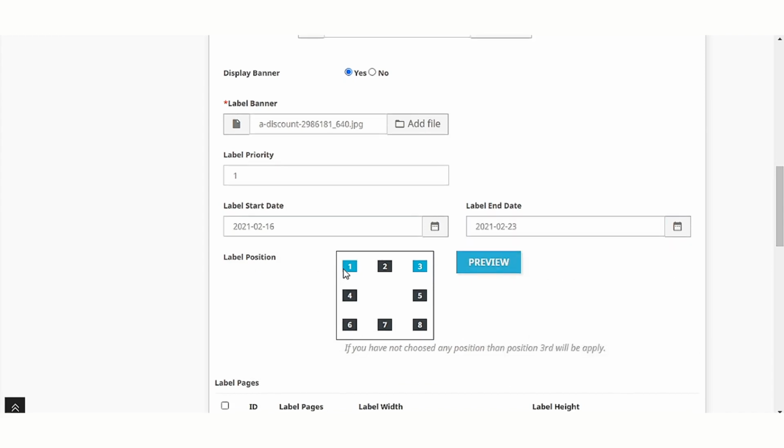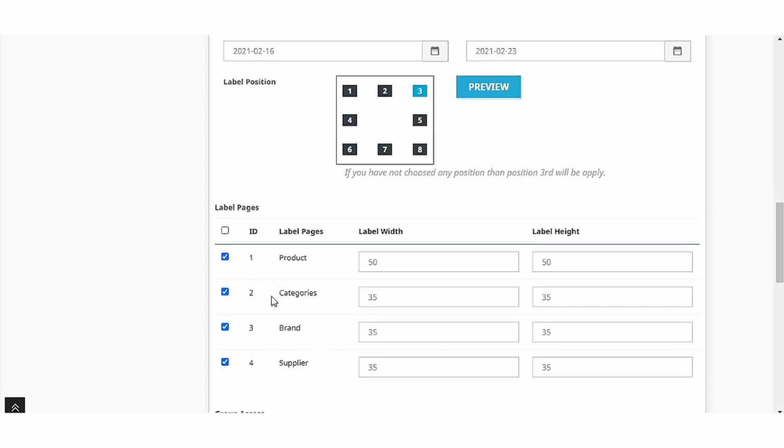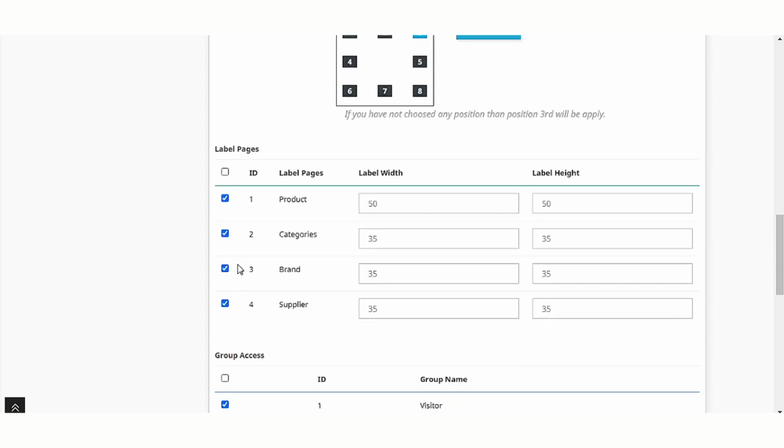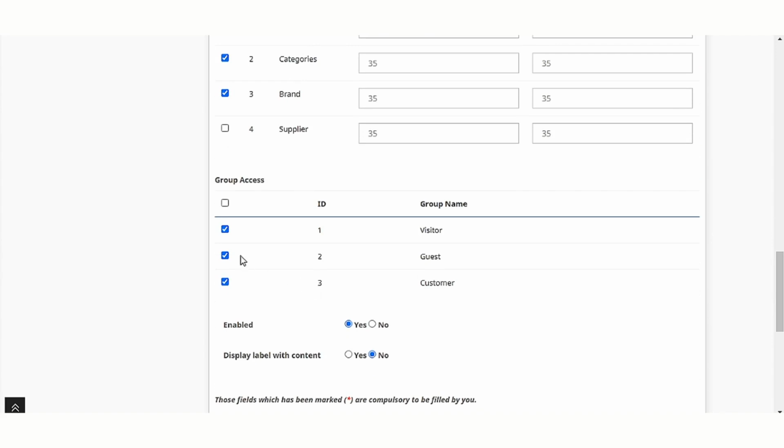From here, a seller can select the display position of label on the product image. Seller can select the pages where he wants to display the label. Label will be displayed to the users of the groups selected by seller.